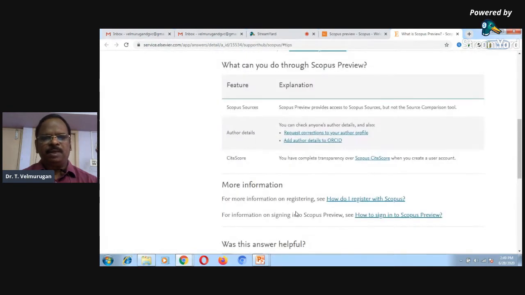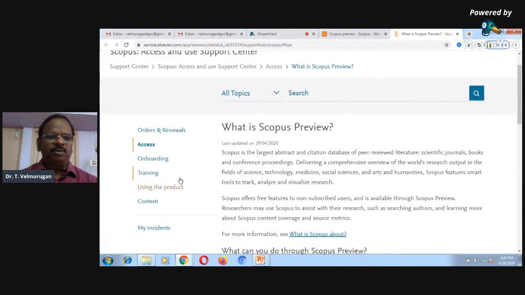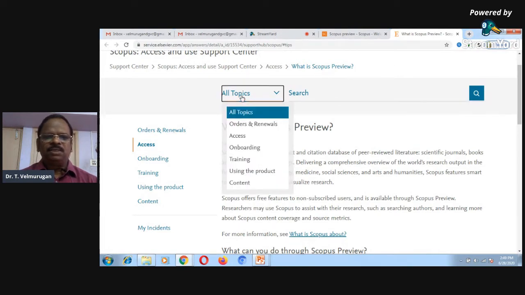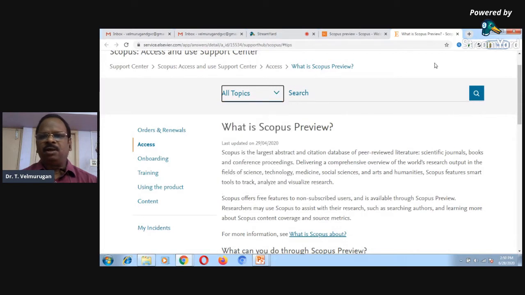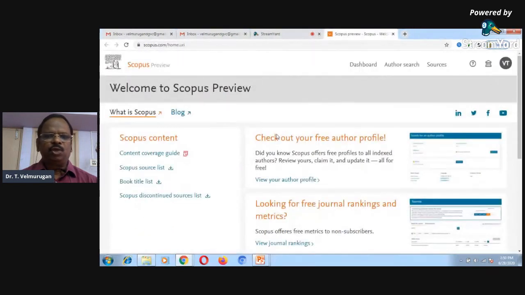You can learn about the Scopus database, what its use is, and all topics. If you want to search topics, we can search very easily. This is one kind of method to know about Scopus. Now, if you want to find the Scopus indexed journals, just press this Scopus source list, and that's all.